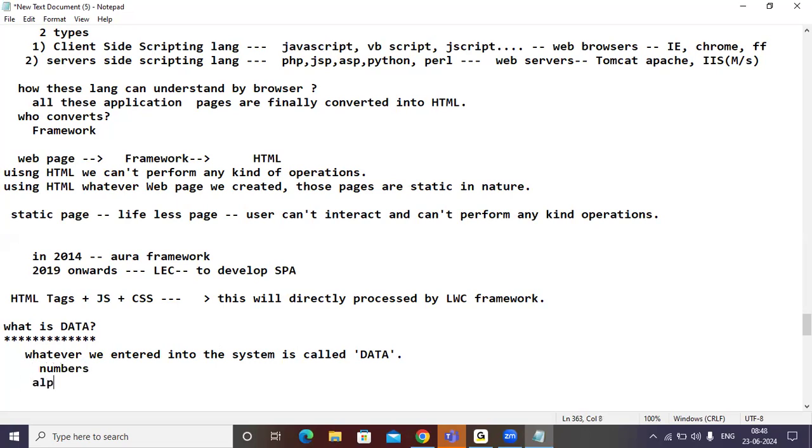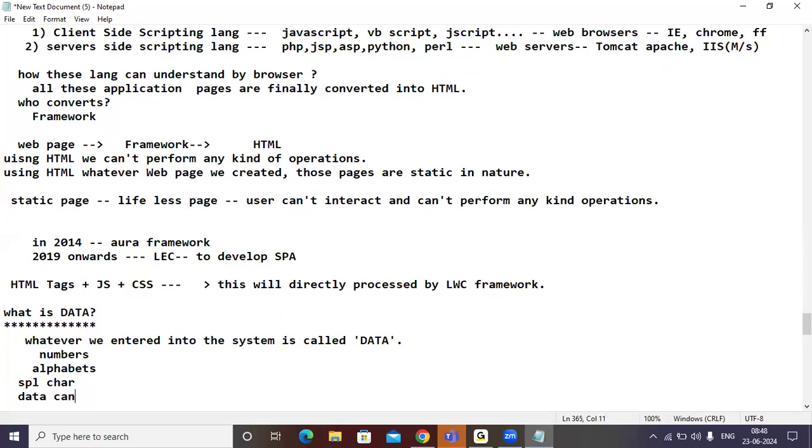We are entering alphabets. And we are also entering special characters. Yes or no? All these three can be called data. Data can also be called raw facts. Why? Because data does not give